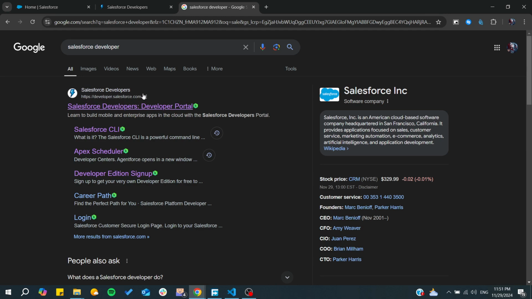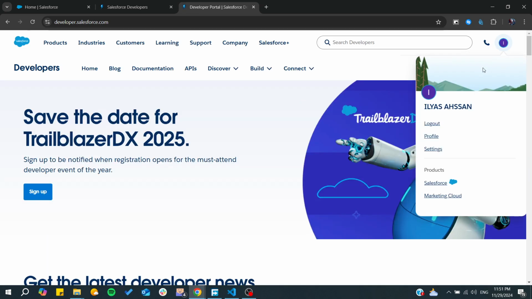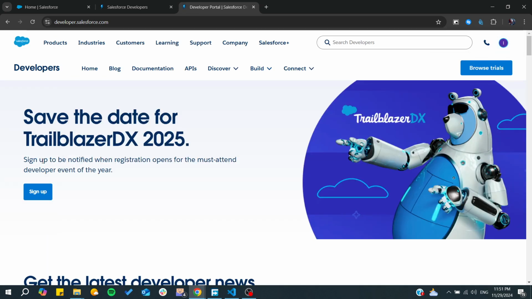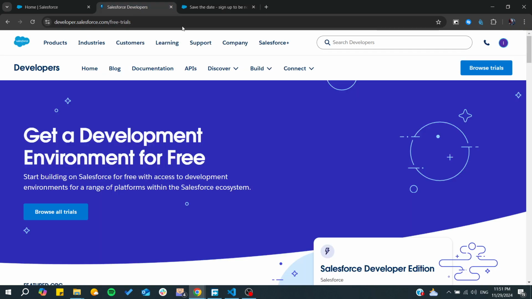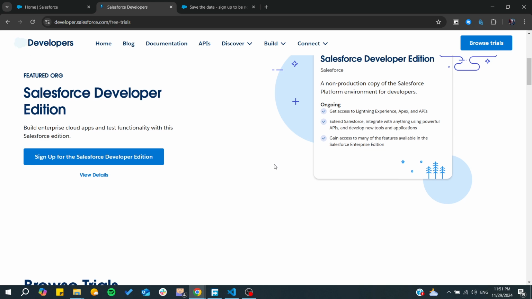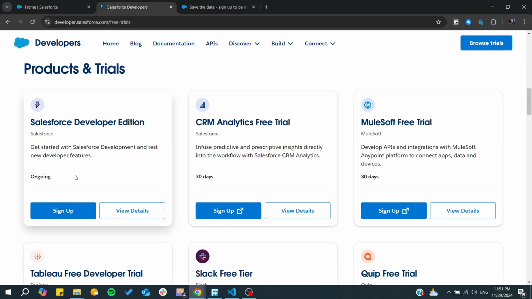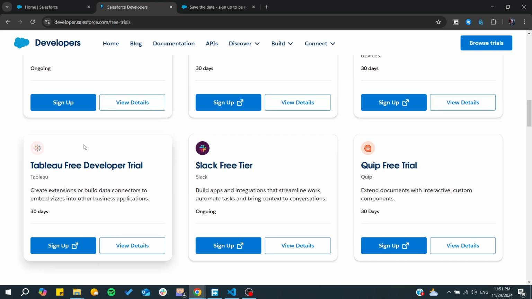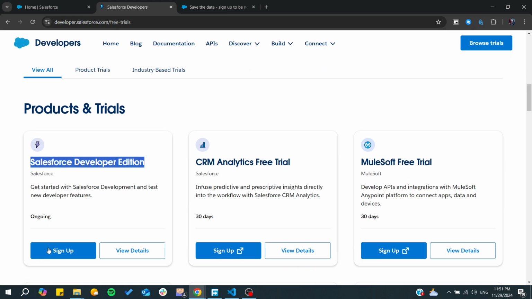to Salesforce developers. So you click on it and then you can browse a trial. So simply you can sign up. You click on sign up and then it will take you where you can start creating your account. And also you can just browse the trial, for example, to see all the other plans or the other features, and you go to Salesforce Developer Edition, you click on sign up, and